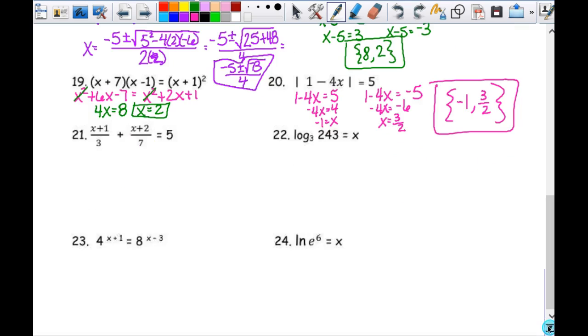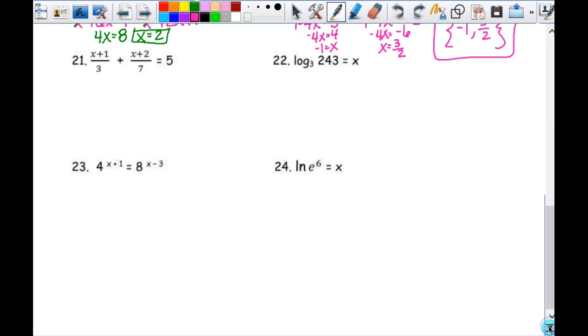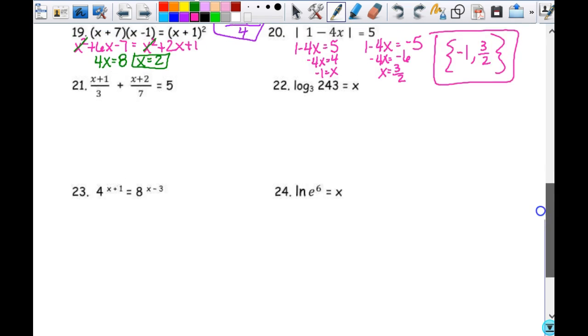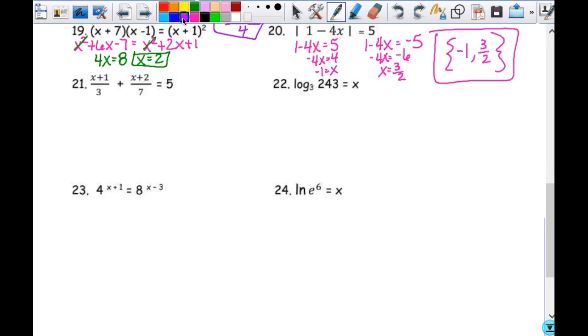All right. 21. I'd like to clear my fractions, so if I multiply through by 3, that gets rid of this one, multiply through by 7, that gets rid of this one, so 3 times 7, I'm just going to go ahead and multiply everything times 21. Okay, so 21 times x plus 1, the 3's will cancel out, so I'm really just multiplying that times 7, so 7 times x plus 1, plus 21 times this, the 7's cancel out, so it's really just 3 times x plus 2